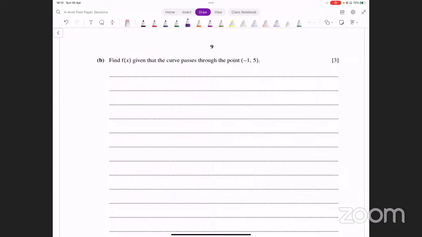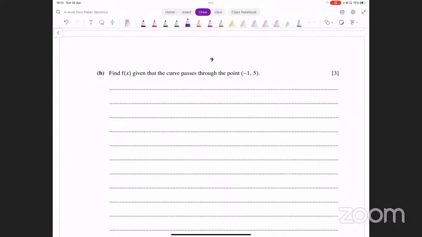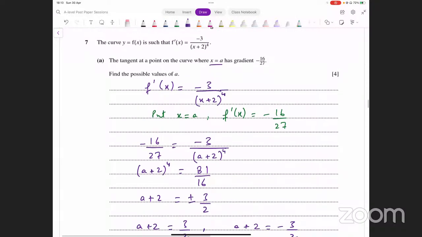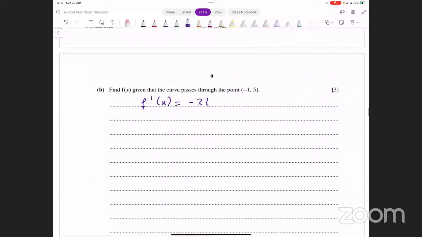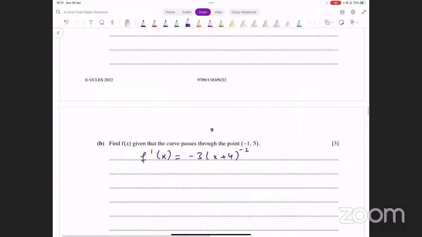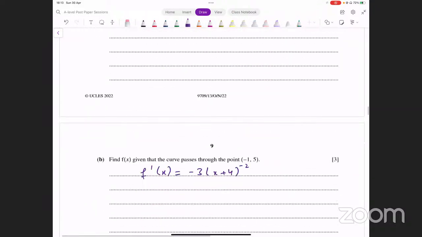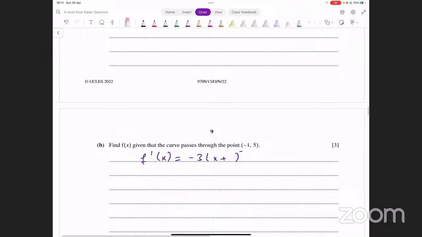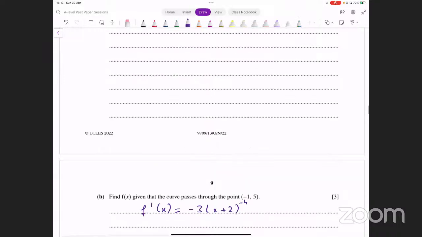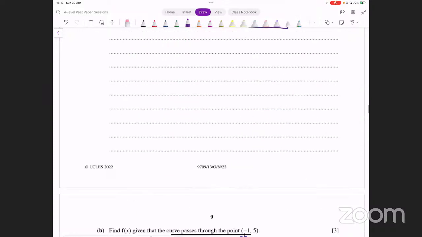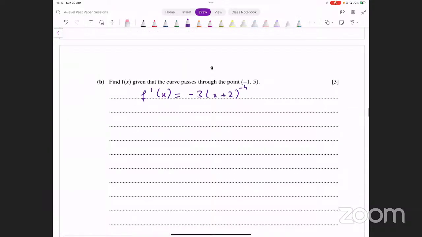Okay, let's look at this part B। Find f of x given that the curve passes through the point -1 and 5। Okay, आपके पास derivative given है। What's the derivative? The derivative is -3 over this। इसको हम ऐसे लिख सकते हैं, -3 into x plus 2 whole raised to power -4। ठीक है, इससे आपको ओरिजिनल कर्व फाइंड करनी है। क्या करेंगे, इसको इंटीग्रेट कर लें। इंटीग्रेट करेंगे तो उसमें प्लस सी आ रहा होगा, और वो सी की वैल्यू फाइंड करने के लिए फिर हम ये पॉइंट इनपुट कर देंगे और सी की वैल्यू आ जाएगी। ठीक है, लेट्स डू दैट। लेट्स इंटीग्रेट इट फर्स्ट ऑफ ऑल।